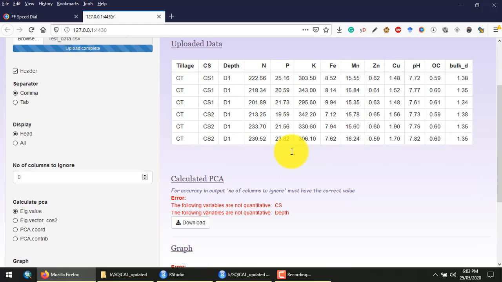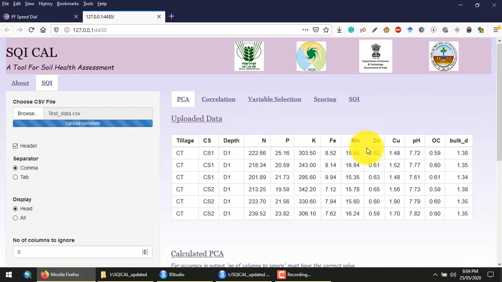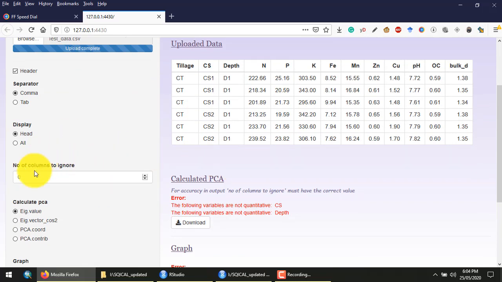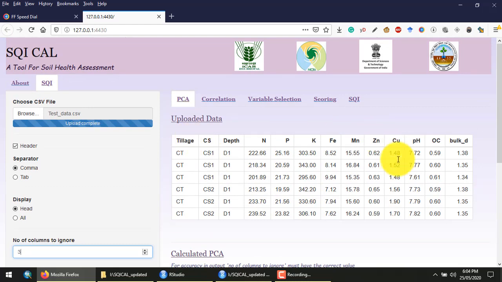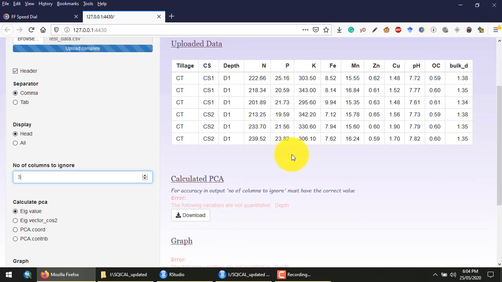As you know, PCA is a multivariate analysis, so we don't need the identification or independent variables. Here you need to mention how many columns are to be ignored. You can see that there are 3 columns, tillage, cropping system, and depth, to be ignored. So I am putting 3 here. Now the software automatically calculates the PCA.